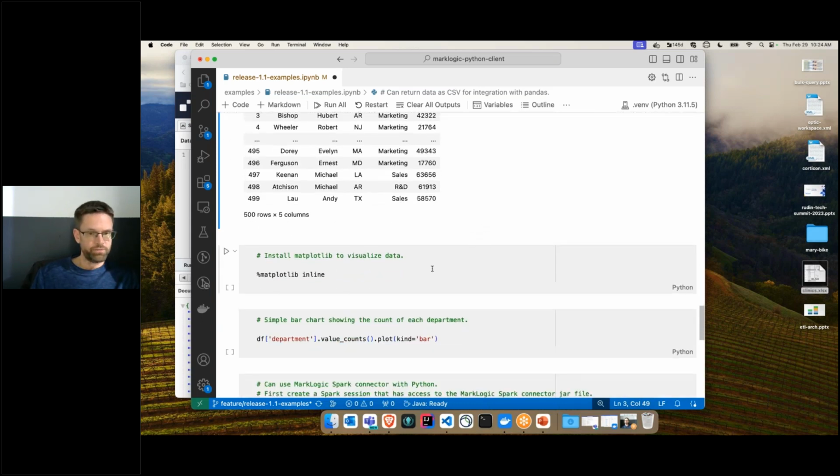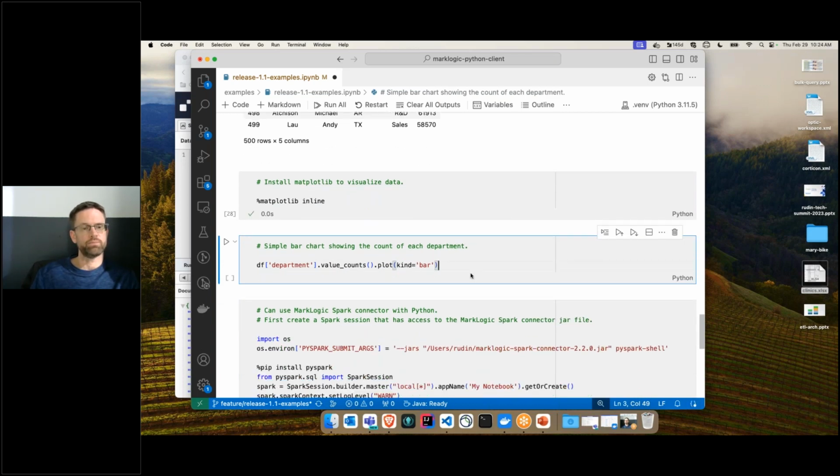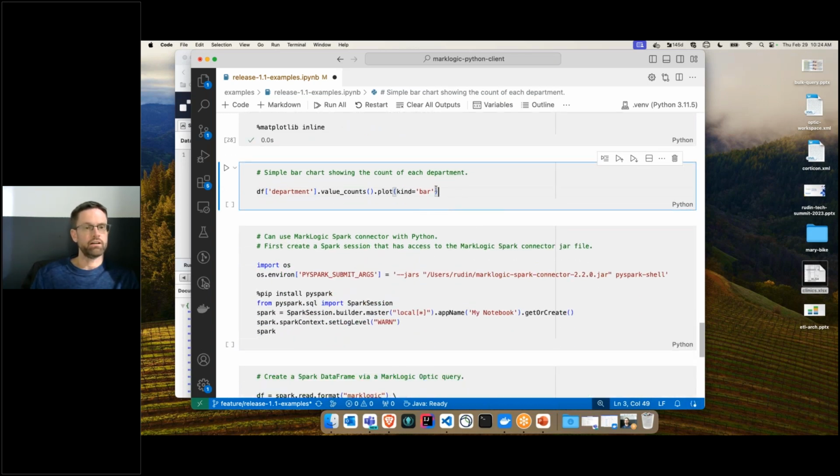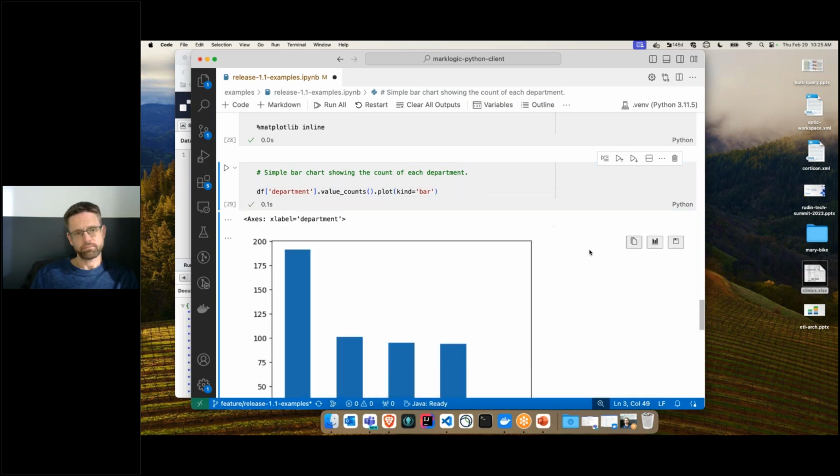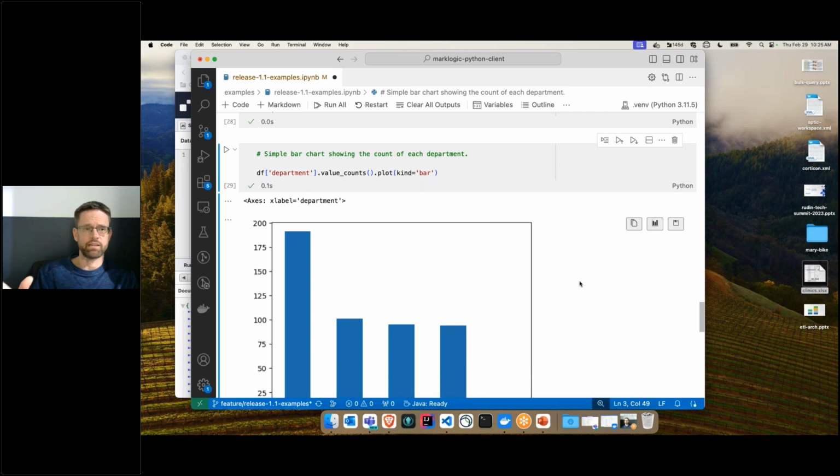And then just briefly to show that, once I've got that data frame, I can use a library to plot that within my notebook. And so I'm just going to do a simple view, a simple bar chart of the department column and the counts of all the rows. And again, this is straightforward. Once I've got it in a pandas data frame, just want to show a simple end-to-end of how easily I can get data from MarkLogic and then start manipulating it and visualizing it with toolkits that are well known by